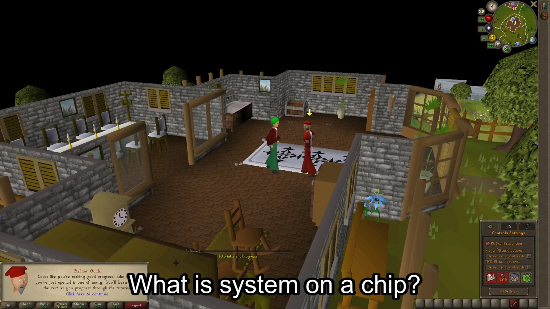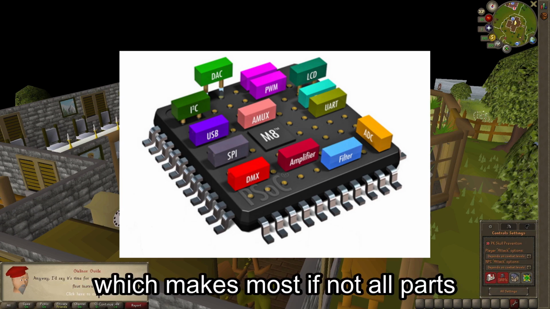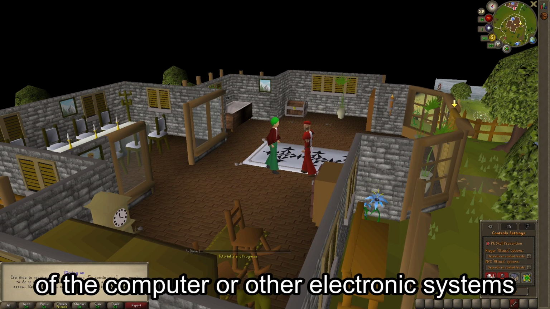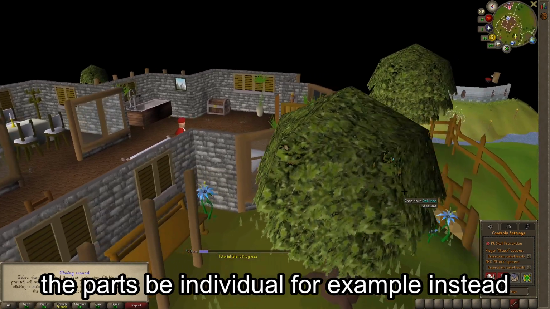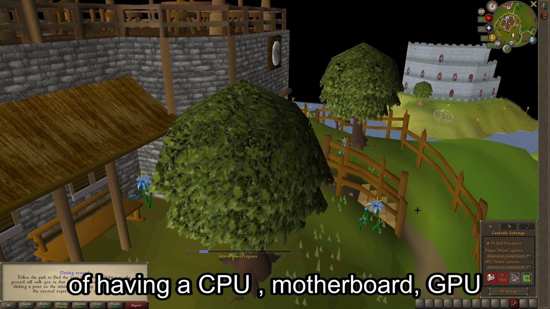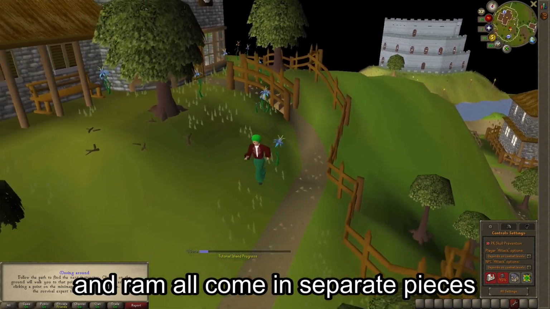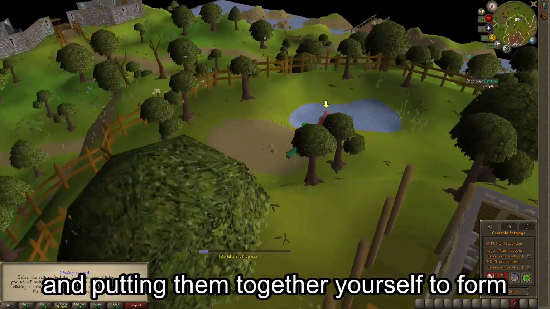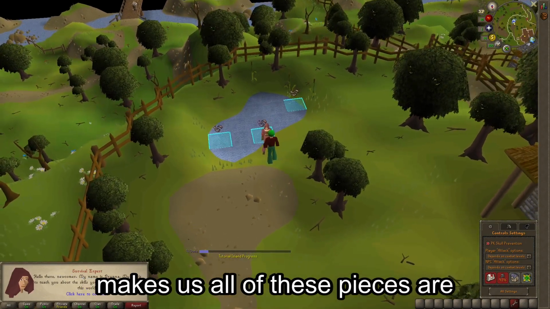What is system on a chip? System on a chip is an integrated circuit which makes most, if not all, parts of a computer or other electronic systems integrated into one chip instead of having the parts be individual. For example, instead of having a CPU, motherboard, GPU, and RAM all coming in separate pieces and putting them together yourself to form your computer, a system on a chip makes it so all of these pieces are integrated into